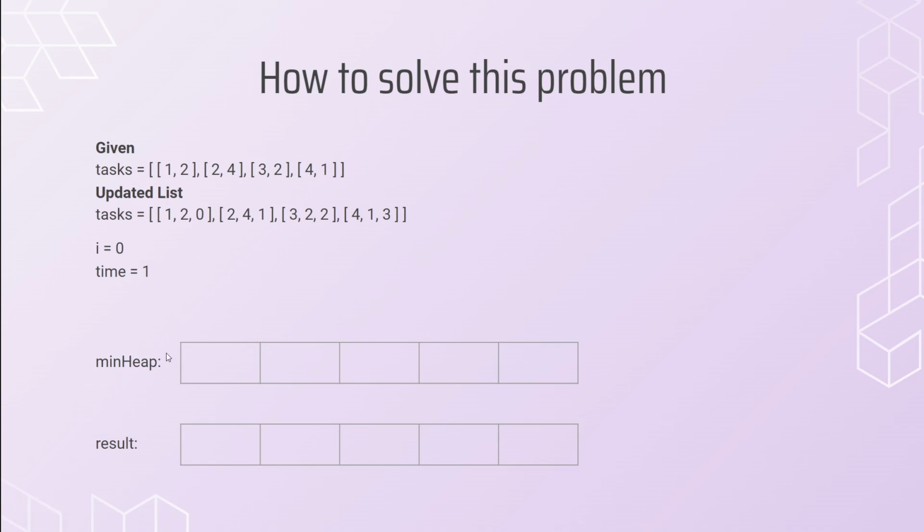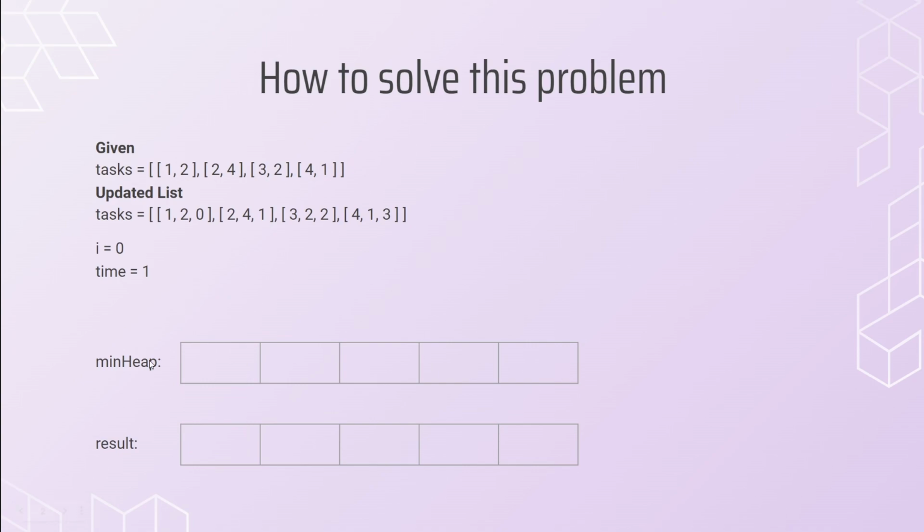Min heap is going to hold all the values that are currently being queued and in the process of being processed. Min heap is going to make sure that the smallest value stays in the front, and we want to make sure, as the question requires, the task with the smallest processing time is the one that gets